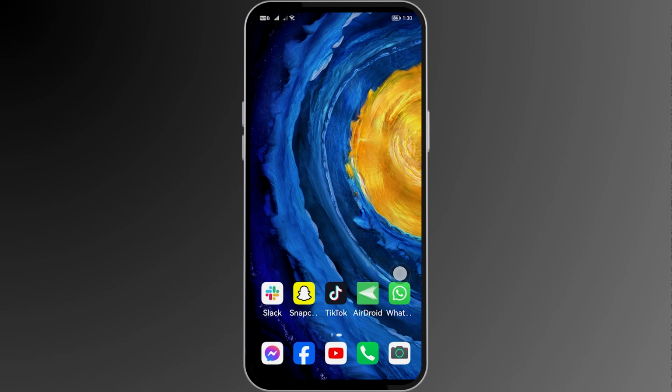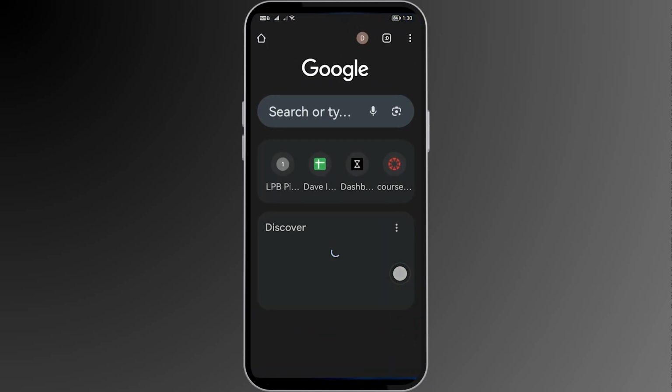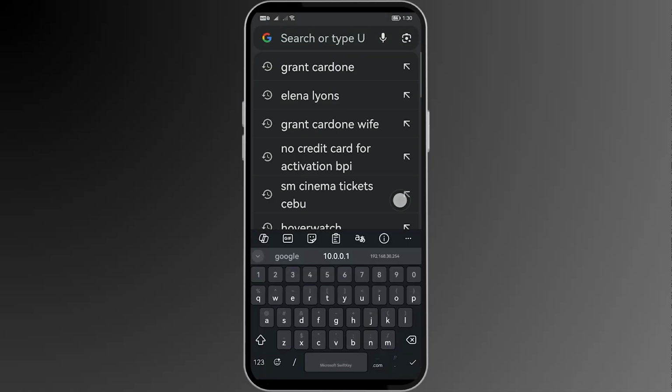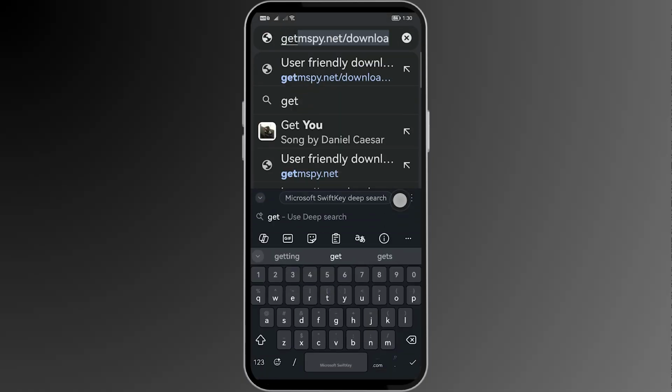How to install MSPY on an Android device. Now, in order for us to get this done, I want you to go ahead and basically just open Google Chrome, for example, and then from here, go ahead and type